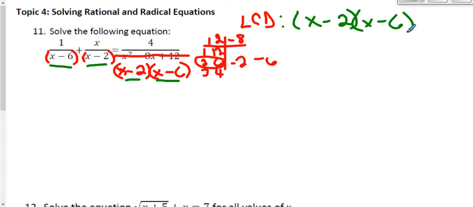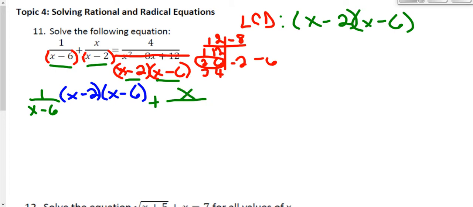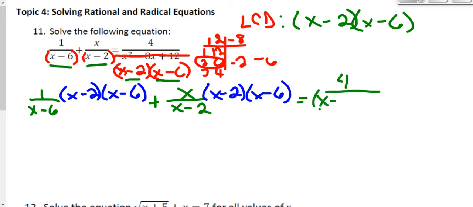So in order to proceed with this question, I'm going to take my original expression and multiply every single term by x minus 2 times x minus 6, that lowest common denominator. So every single original term that I had gets multiplied by that lowest common denominator. Equals 4 over x minus 2 times x minus 6, and I'm going to multiply this again by x minus 2 times x